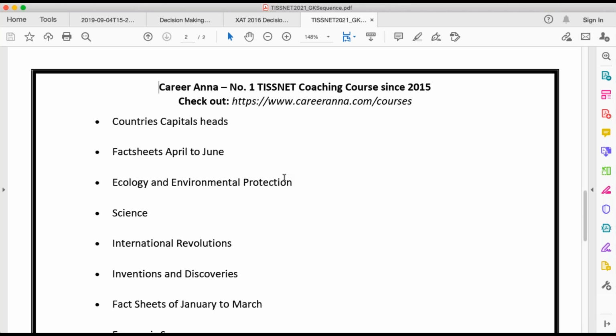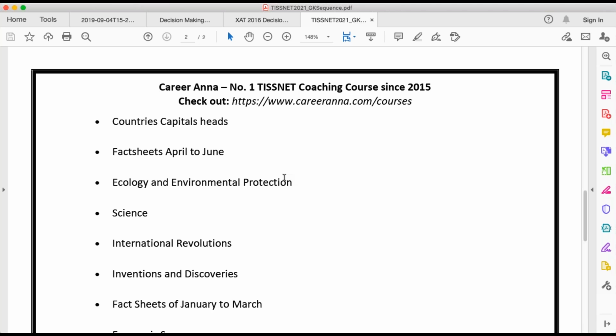Ecology and environmental protection. In this, you just need to remember the special government schemes, initiatives, or policies around environmental protection. Anamika, you can skip currencies. Or if you have time, maybe you can study currencies once, but heads is not required.